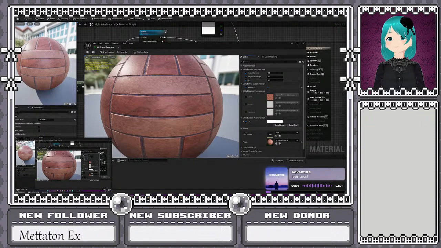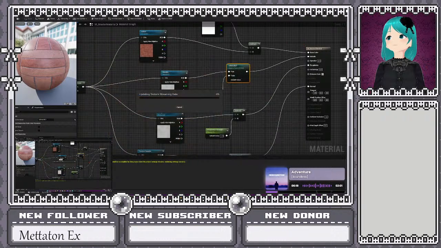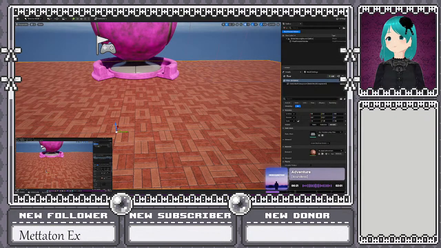Now that we can import textures and have a master material, let's go over how we can import 3D objects and bring them into Unreal Engine. It's very important to know that in Unreal Engine, 3D objects are called static meshes. And static meshes by themselves are just a collection of vertices and faces in space. If you want to change the way that object looks, then we need to add on a material, and generally